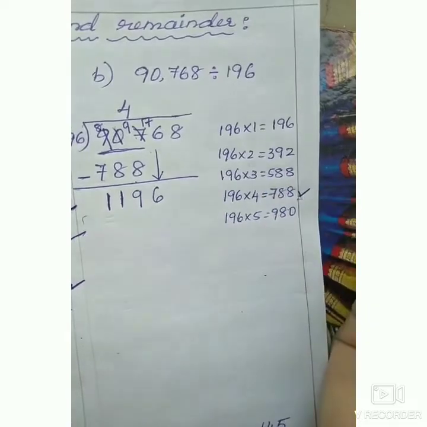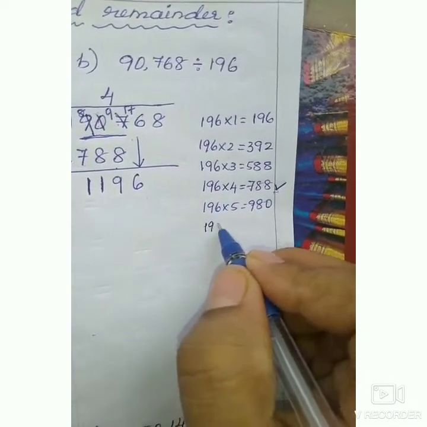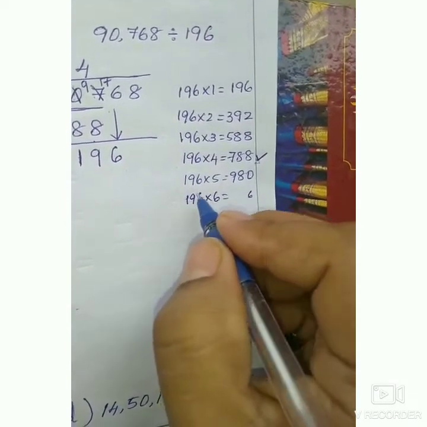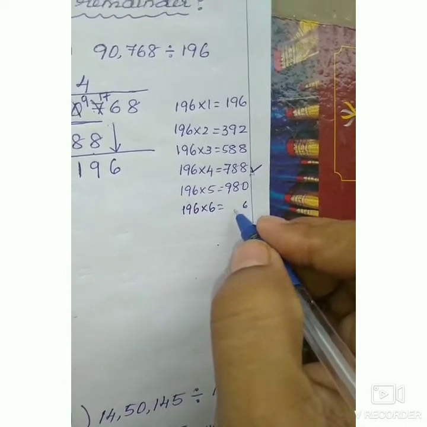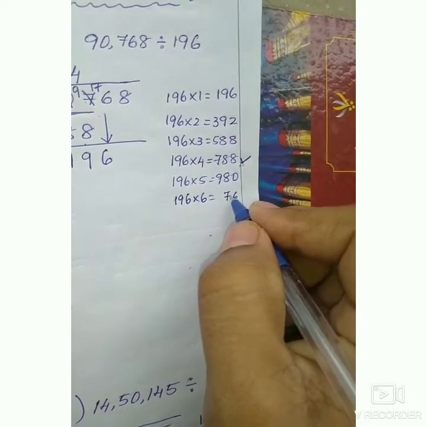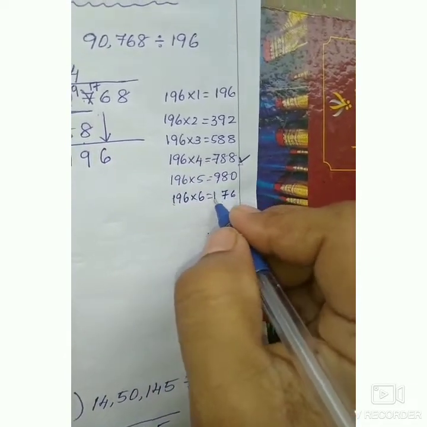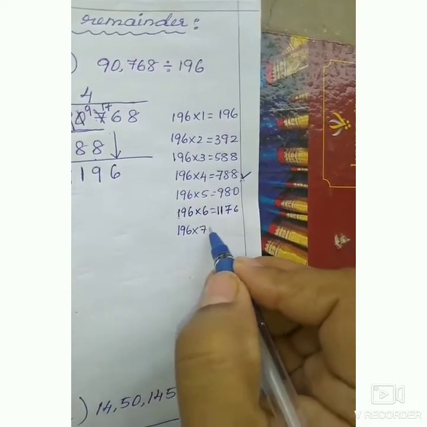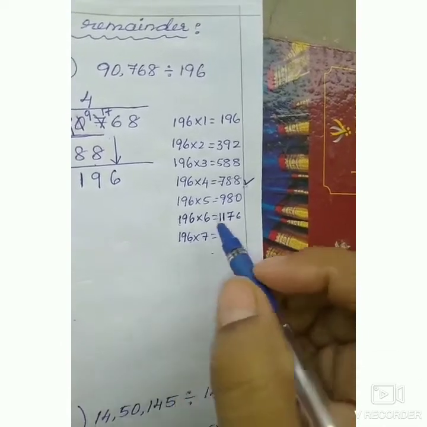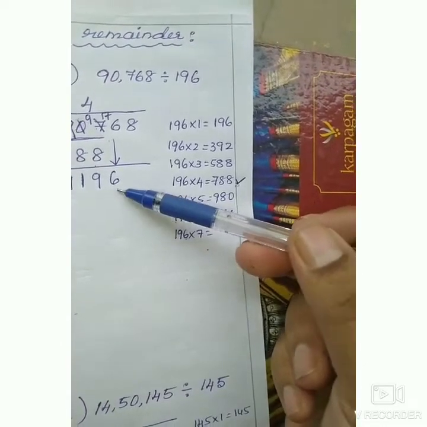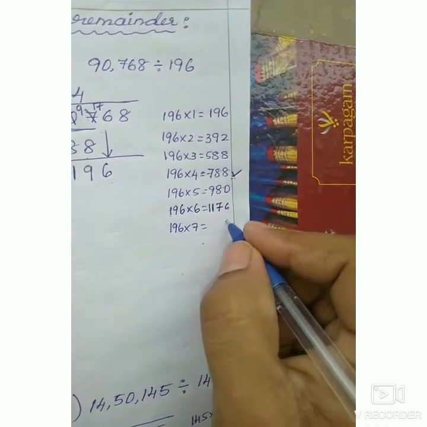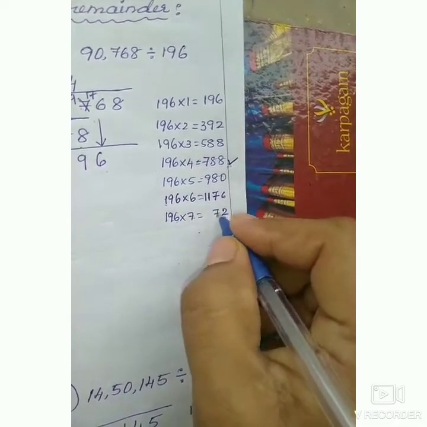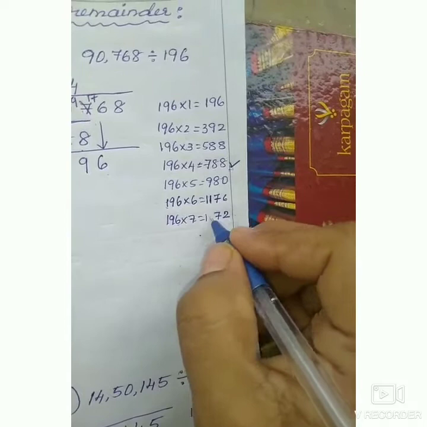Now bring 6 down. So here again we have to multiply because it's a 4-digit number. 6 6s are 36. 3 is the carryover. 6 9s are 54. 54 plus 3 is 57. 6 1s are 6. Again 5 is 11. Now 196 7s are 7. Up to which you have to multiply means you have to get the greater number than this number. So 7 6s are 42. 7 9s are 63. 63 plus 4 is 67. 7 1s are 7. Again 13.